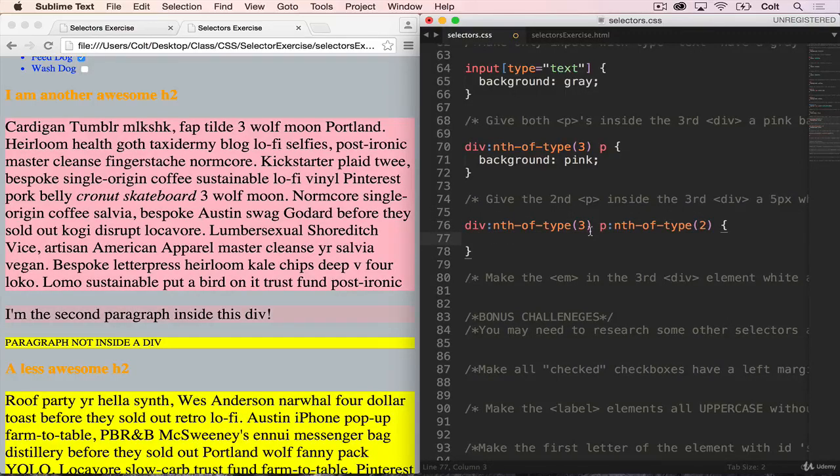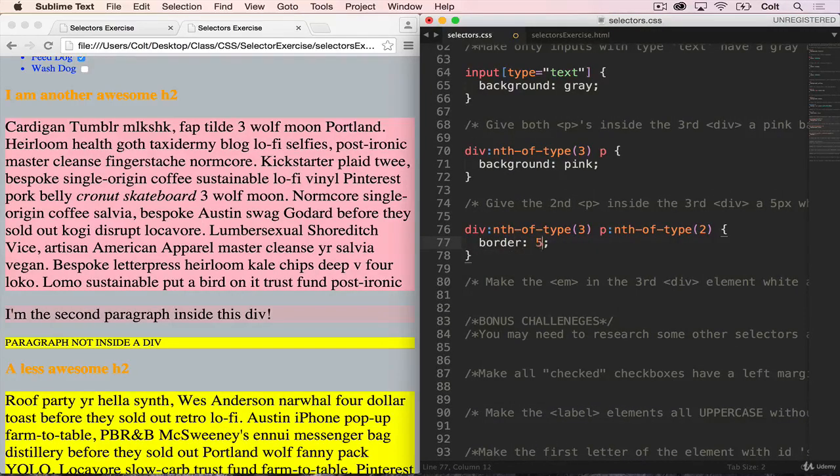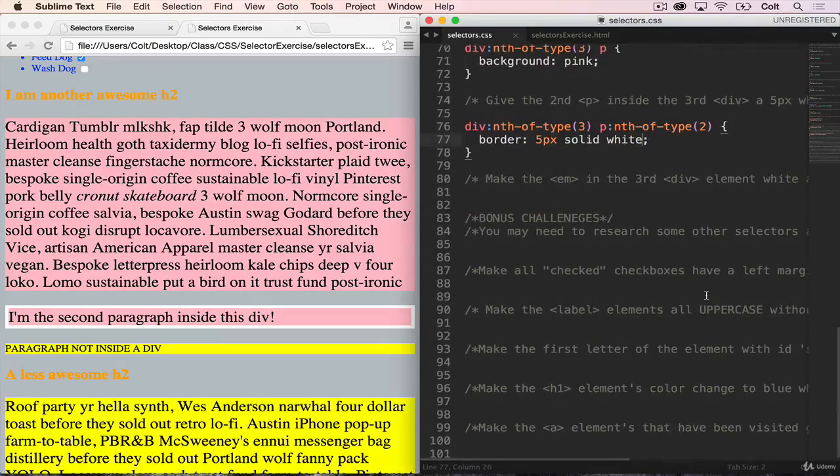And we want to give it a 5-pixel white border. Border, 5-pixel solid white. There we go. Here's our 5-pixel solid white border on the second paragraph in the div, not the first one. Next up,